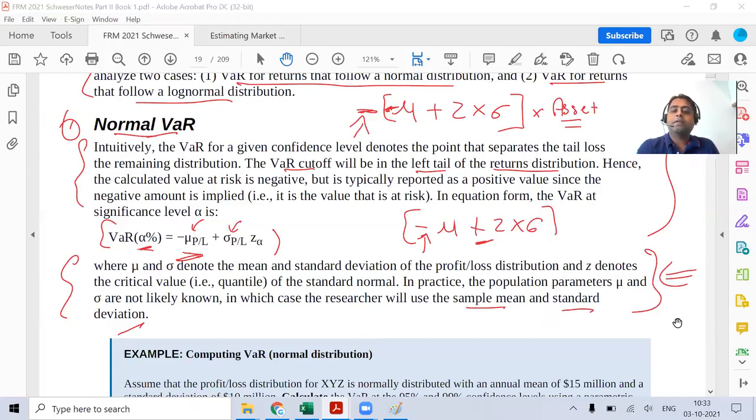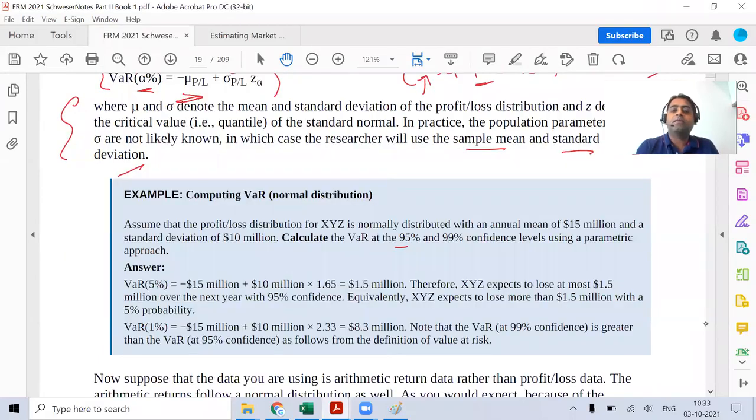Now, in this example, they want to find 95% VAR and 99% VAR. This is similar to what we did in the level 1 delta normal approach. So if we want to find the 95%, the number that we have is primarily negative 1.645. So we will primarily take 1.645, and then this is going to be 2.33 because we are talking about one tail. So we can look at these numbers, 2.33 and 1.645. This has been used over here.